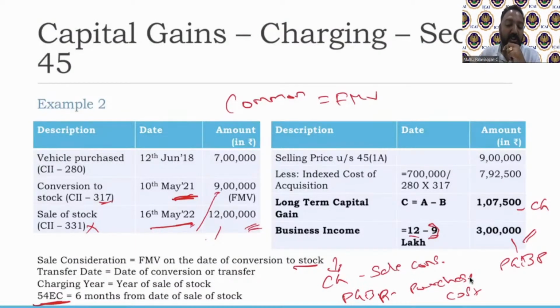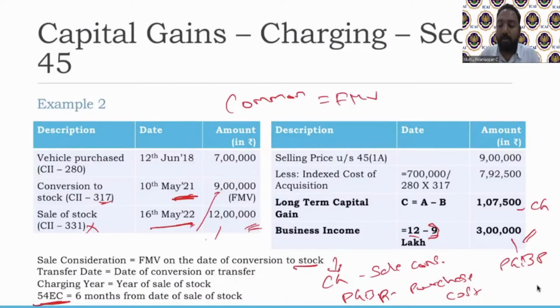Vashishta, insurance is also covered in PGBP. How do we differentiate between PGBP or capital gain? I'll make it very simple. What is discussed in PGBP is insurance premium payment. It's an expenditure. What we discussed in sections 30, 31, 36 are payments, what is paid to the insurance agent, the premium payment. But here we are talking about receipts. Once it's payments, we discuss it in PGBP. Once it is receipts, we discuss it in the capital gain chapter.